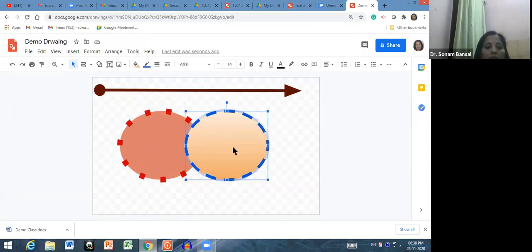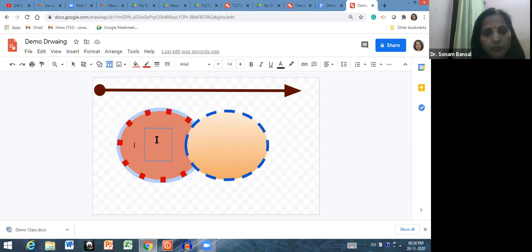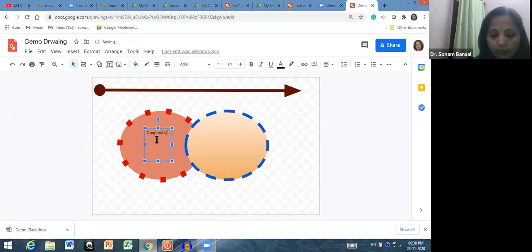Now, if you want to add something over here, let's suppose I want to add some text here. So what do I have to do? I have to go to text, draw the box here and type some text. Let's suppose cooperative learning.